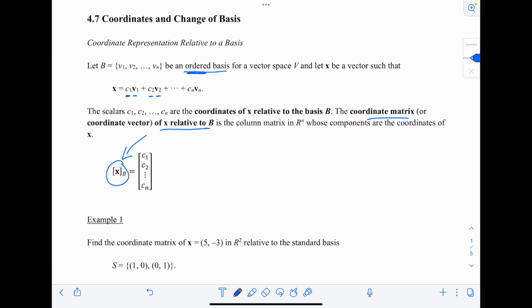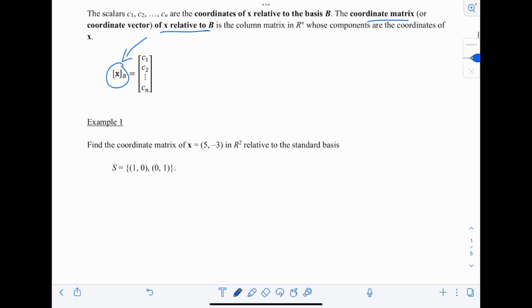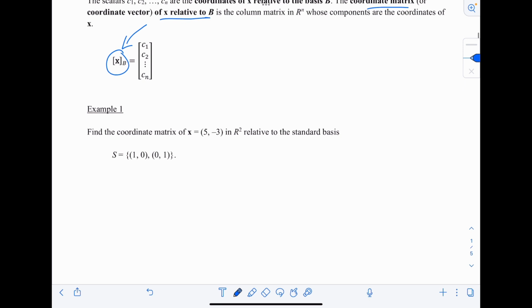All right. So let's put this into an example and see what this is exactly all about. So example 1 says, find the coordinate matrix of X equals 5, negative 3 in R2 relative to the standard basis S equals 1, 0, 0, 1. This is about as basic an example as we can get, and then we'll do one that's just a little bit more involved. But the idea here is that if X is 5, negative 3,